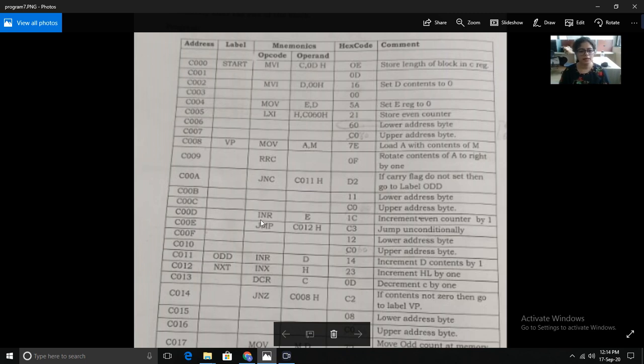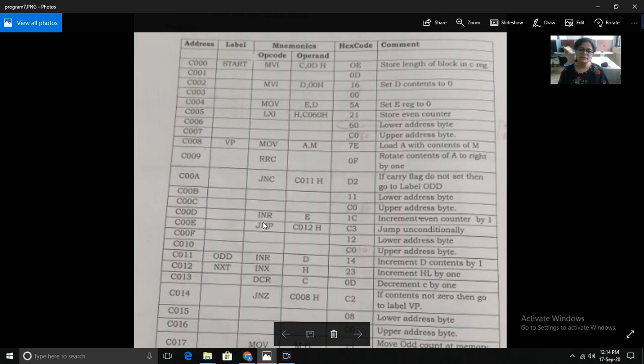Okay, now INR E. It means we are incrementing the value of E. If there is no carry, then go to odd. Odd means the number is odd, so it will move to that part. Else, the number is even. If the number is even, we have to increment the even counter.